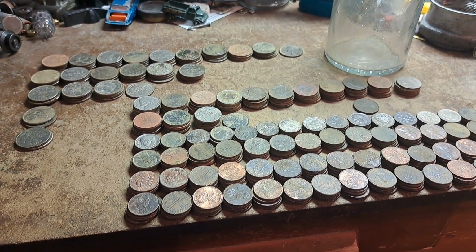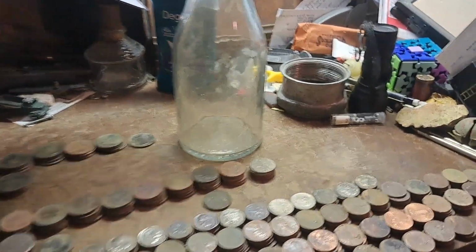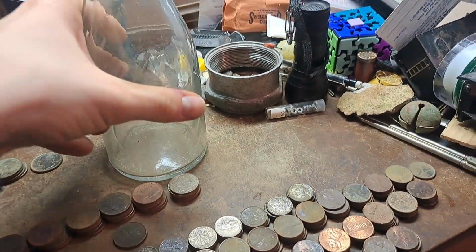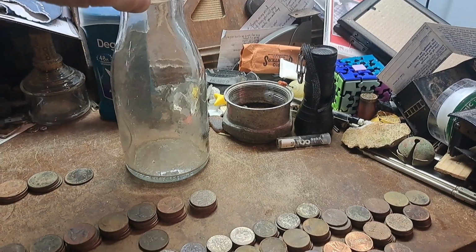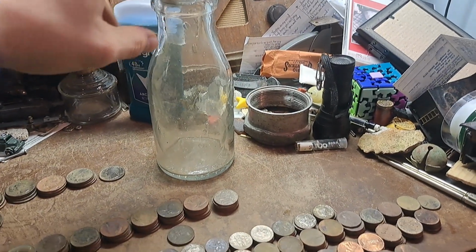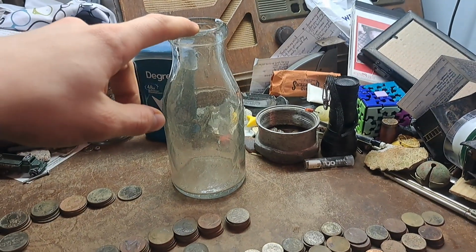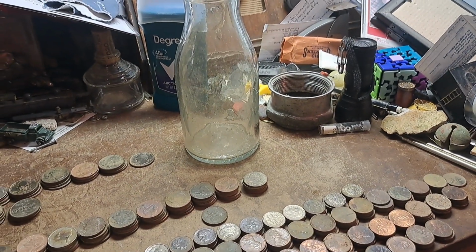better finds of the year, like the old coins and other oddballs. One other thing I forgot to mention is this is the milk jar, or milk can, I guess. I don't even know what you'd call it, a can or a jar that I've been trying to fill up this year with clad, and I did hit it. Second to last hunt of the year, I filled it up all the way to the top, and the